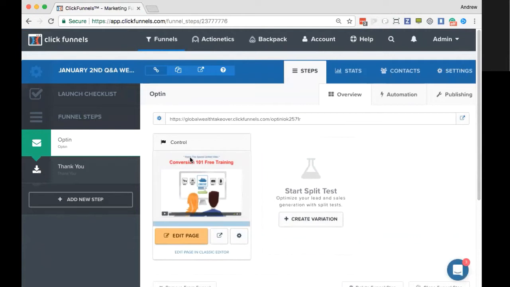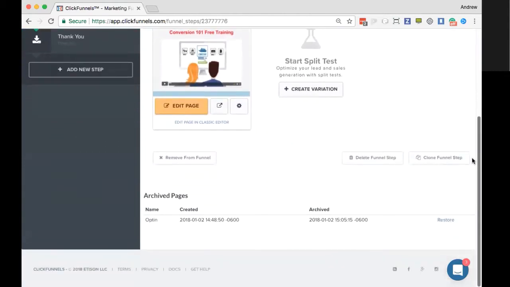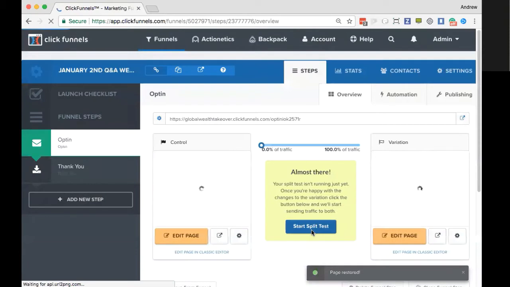Hopefully that gave everybody enough time to be able to queue up some questions. Glenn, tell me, do we have good news? We do indeed have several questions coming through. On the page you're currently on, if you scroll down slightly, Drew, do you see the archived pages? Awesome. So you actually can restore the page from the archive page tab now. Look at that. That's outstanding.